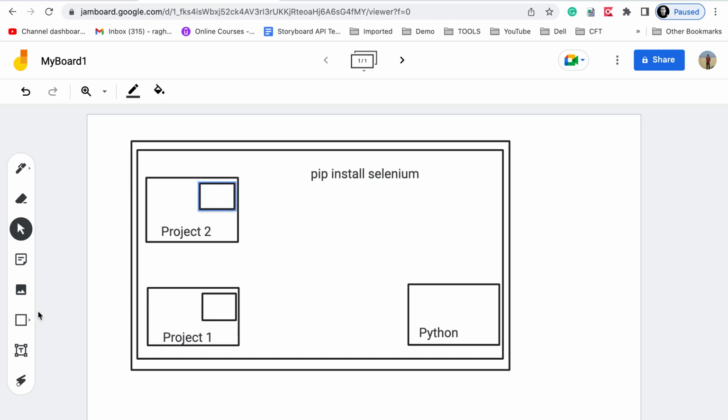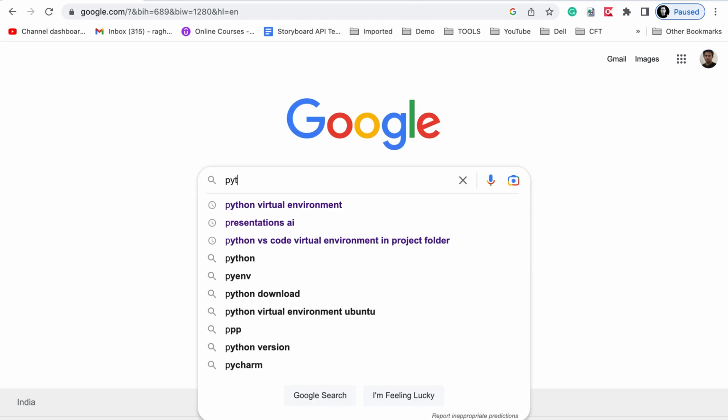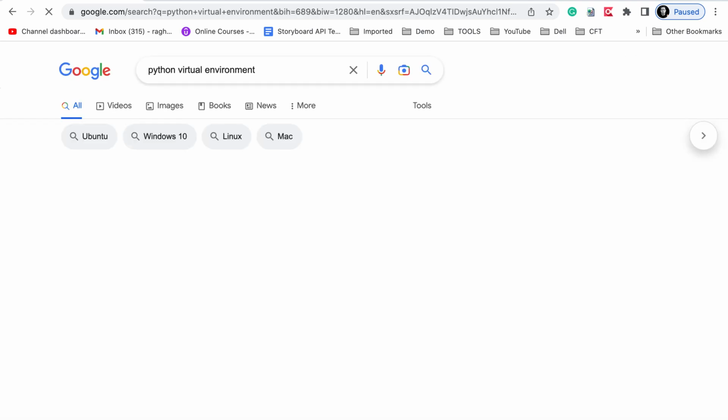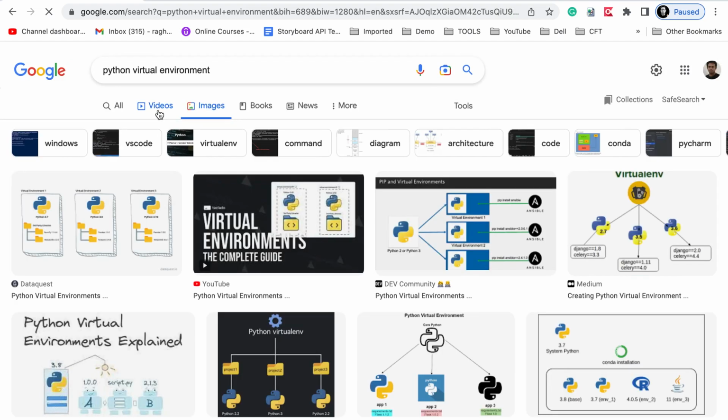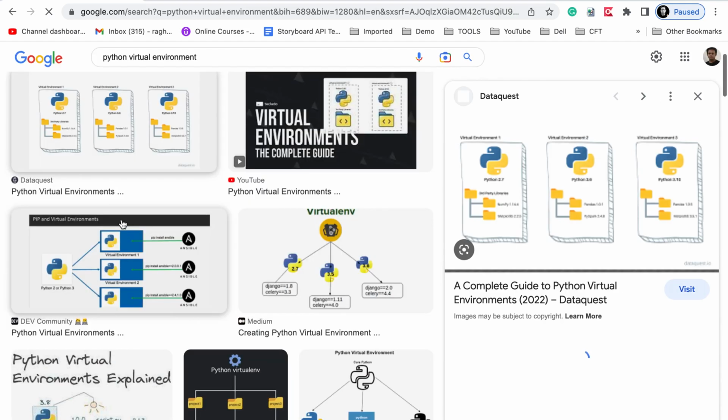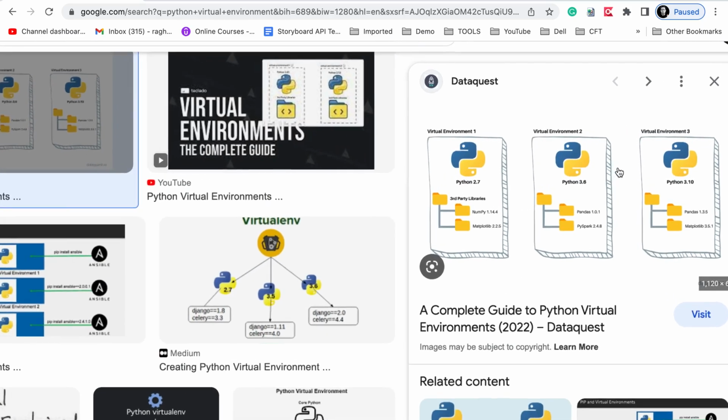Or I can create virtual environments at a global level, that is wherever our Python is, and I can then create all these separate environments and then connect to the project. So let's say this will be for project 1, this will be for project 2, and so on. Okay, if I show you some images for Python virtual environment, and I go to the images here, you can see this is one image. So you can see here as well